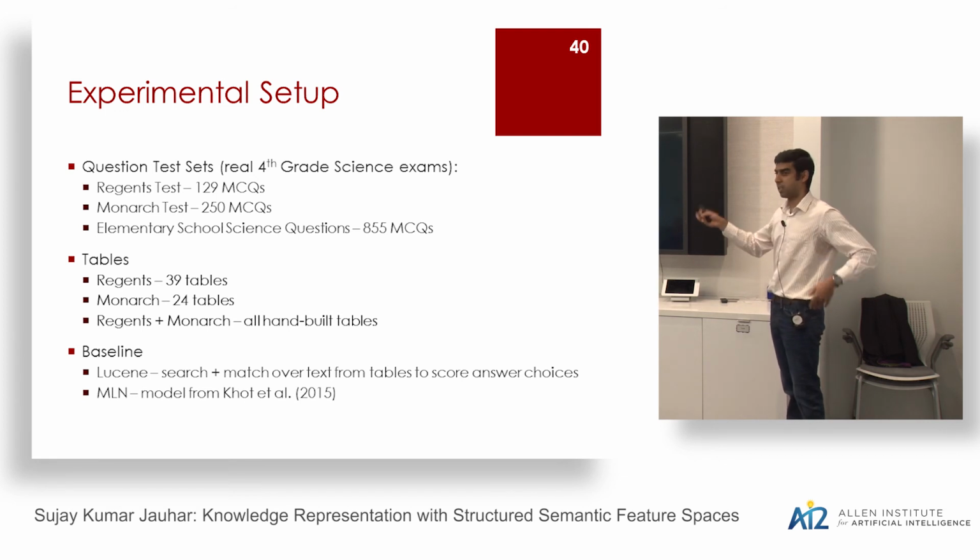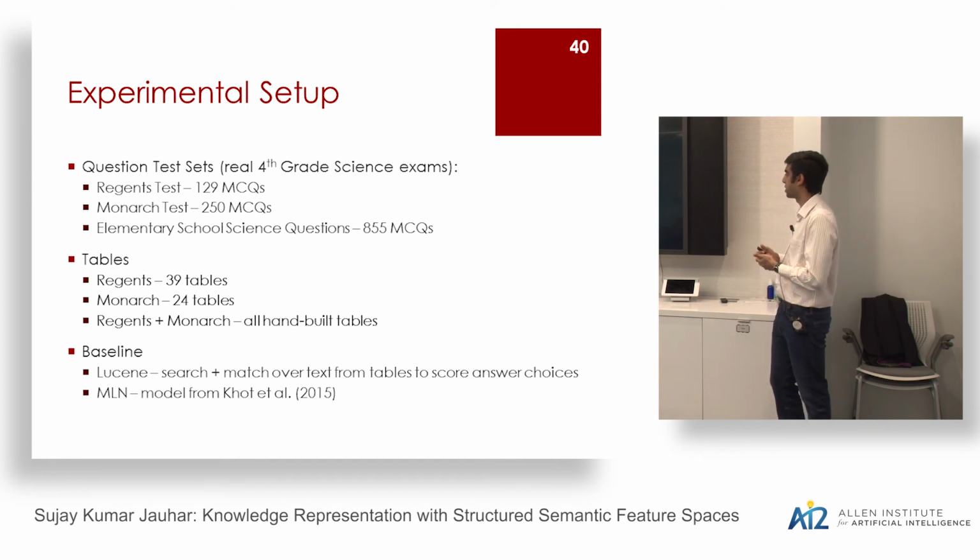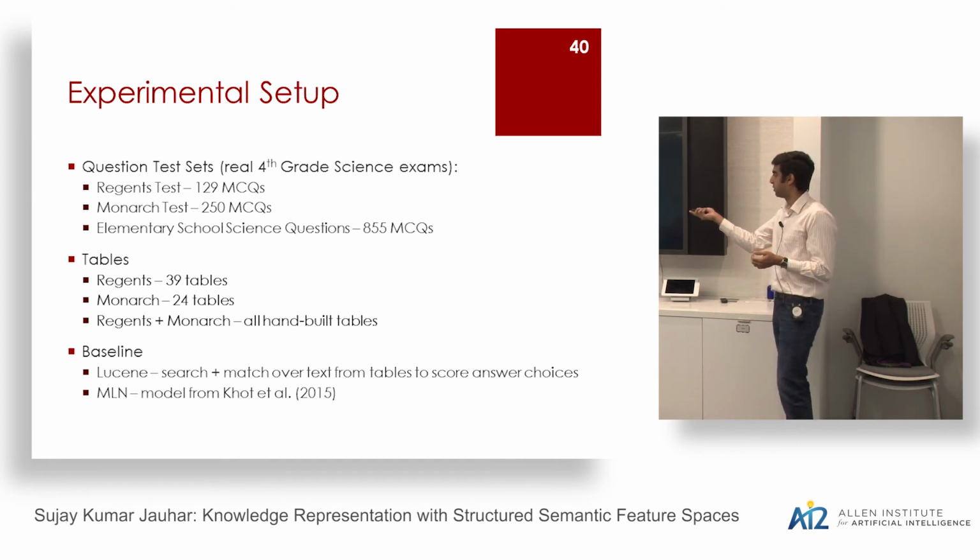As baselines, remember the 2 extremes of that spectrum of knowledge that we talked about, so the models deal with each of those. One, we have an unstructured baseline, which is Lucene. You search over some text, and the score of the highest relevant document or sentence that's returned to you is basically what you assign to a particular question answer pair. And then we report results for one data set from Tushar's EMNLP paper from 2015 on using Markov logic networks to answer questions. So, a highly structured model.